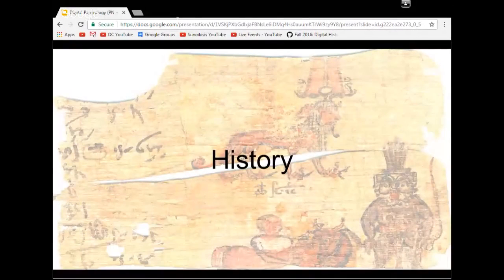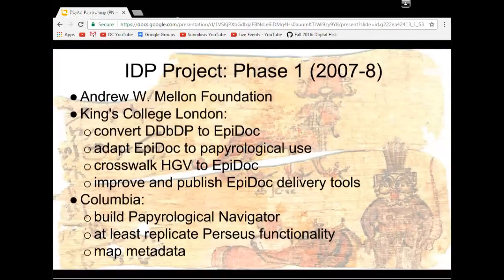So just as a very quick overview of the history, the Papyri.info site is the result of a project that was called Integrating Digital Papyrology that was funded by the Andrew W. Mellon Foundation in 3 phases between 2007 and 2011, which involved multiple institutions, and it involved multiple teams collaborating to convert basically the content of these various databases, starting